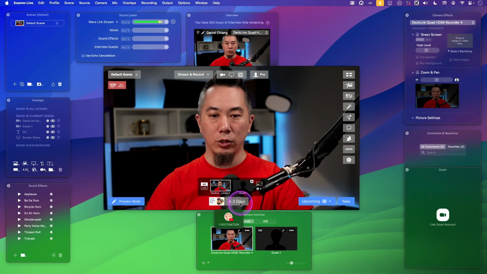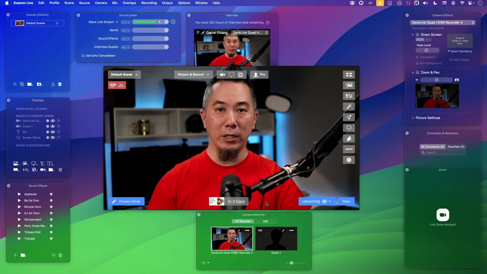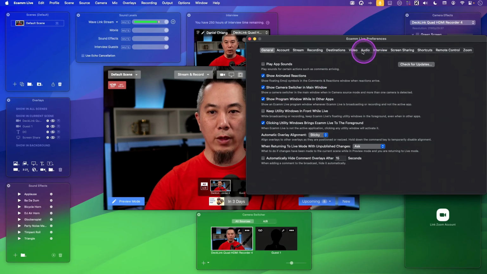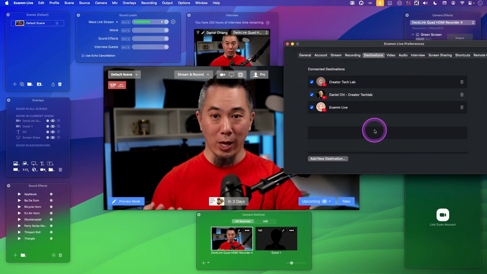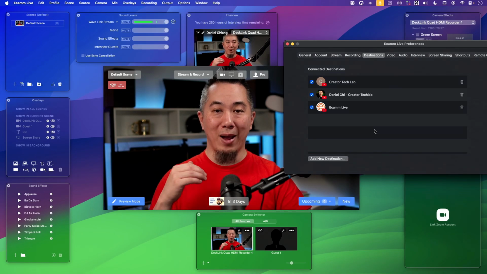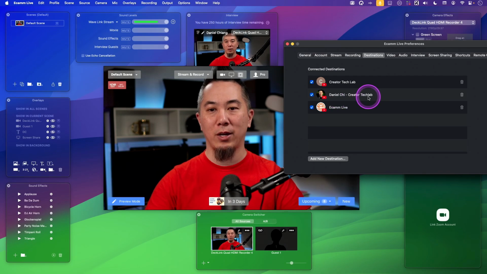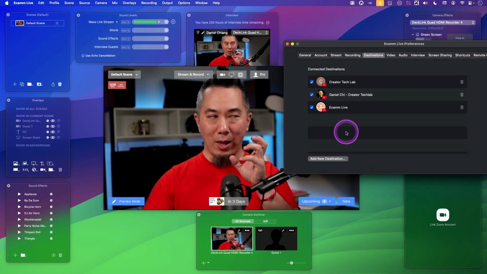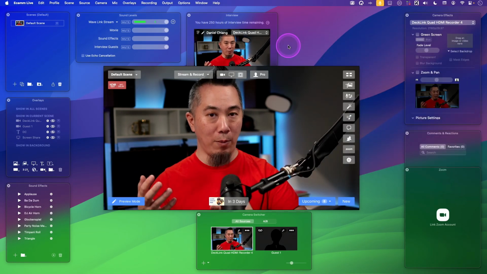So what happens here is you'll see this window now displays what is coming up based on the destinations that I have enabled inside of the Ecamm preferences. So let's really quickly go over there and click on the destinations tab. You can see that I have 3 different channels that are connected to my Ecamm Live right now. So I've got the Creator Tech Lab YouTube channel, another Creator Tech Lab YouTube channel, as well as the Ecamm Live YouTube channel. And so what Ecamm Live does is it connects to those 3 destinations through the YouTube API,